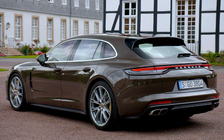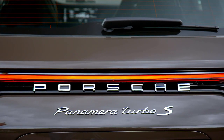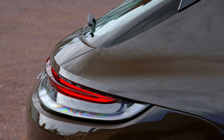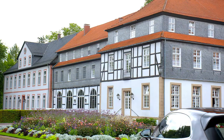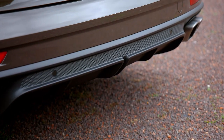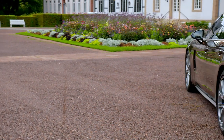€91,345 for the rear-wheel drive Panamera. All other models come with all-wheel drive. Prices start from €95,289 for the Panamera 4, from €126,841 for the Panamera 4 E-Hybrid, from €136,933 for the Panamera GTS and from €179,737 for the Panamera Turbo S, in each case including value-added tax and country-specific